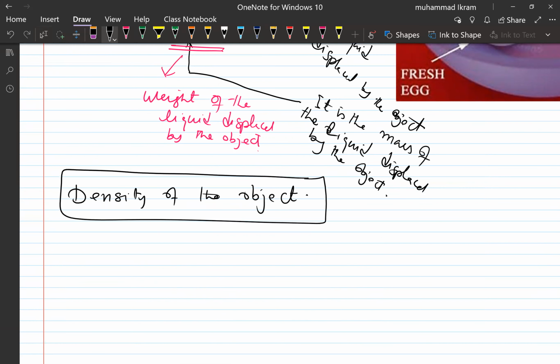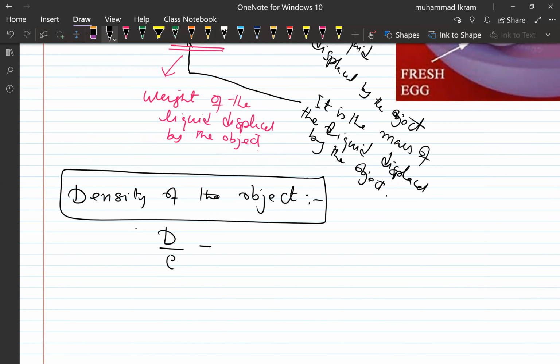How the density of the object can be found. The density of the object can be found by using the Archimedes principle, by using the equation which is given directly in your book. That is, according to this principle, the ratio of the density of the object to that of the density